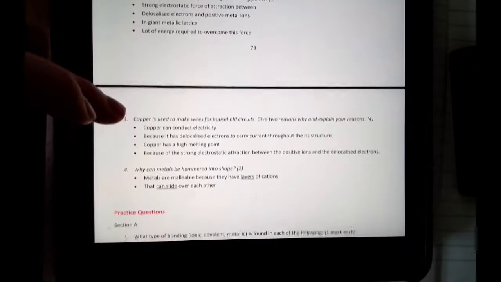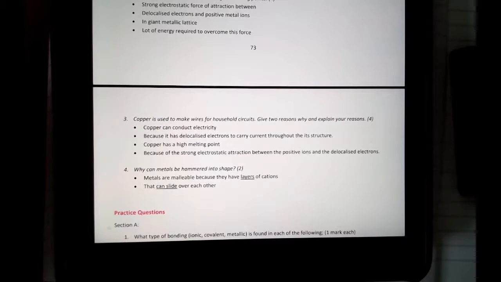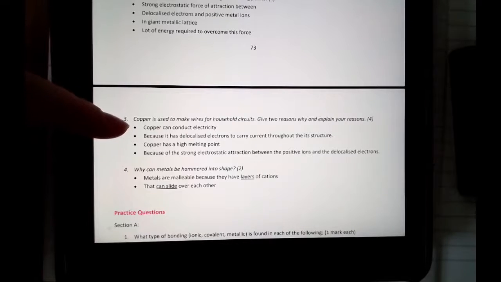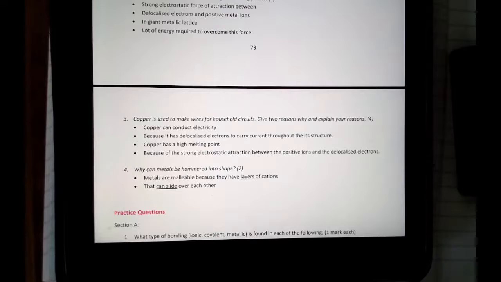The next question here I've got is about copper being used for wires. Why would copper be used for wires? Well, if you want it to be used for electrical wires, it needs to be able to conduct electricity. So I'd say copper can conduct electricity because it's got delocalized electrons that can carry current through the structure. I've also mentioned that for wires, it's useful to have a high melting point. You want it to be a solid, and the reason it has a high melting point is because of that